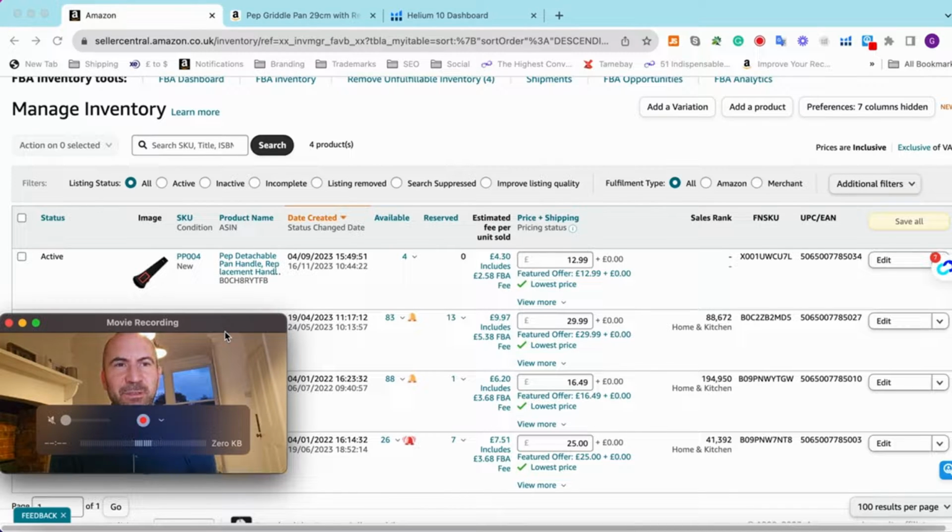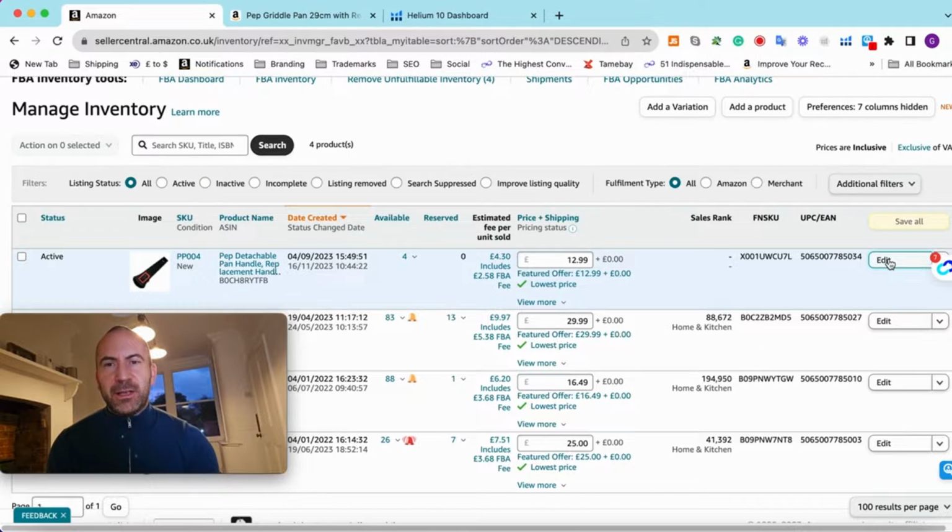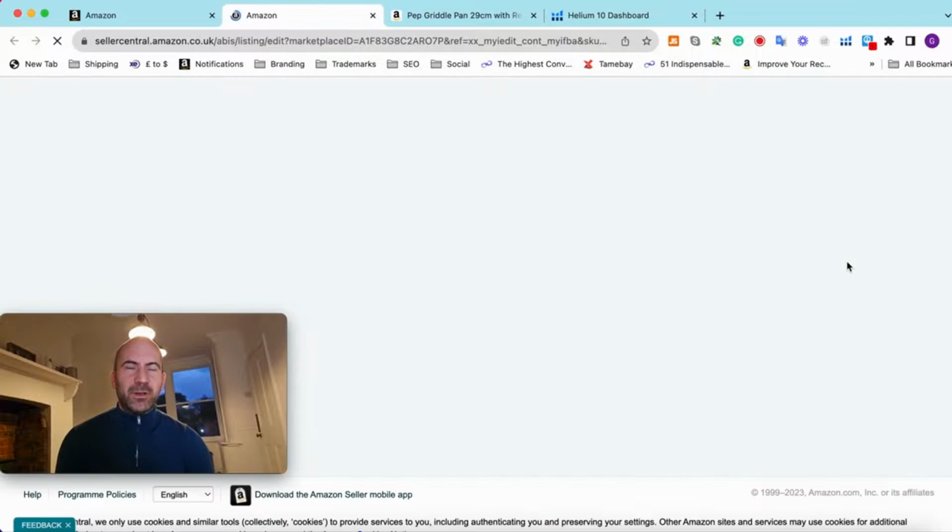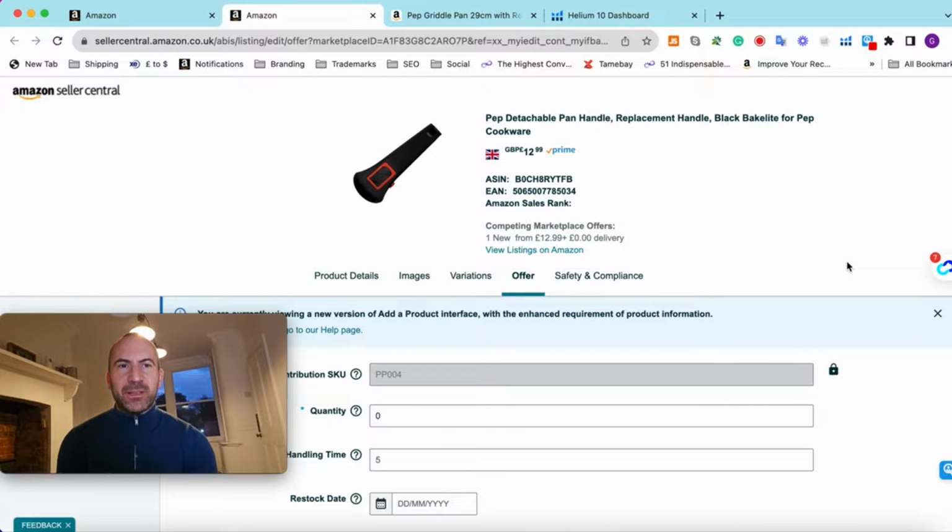Hi, today I'm going to show you how to set up your back-end search terms on Amazon. So first of all, what are back-end search terms? Back-end search terms are keywords which customers can't see, but are keywords that tell Amazon a little bit more